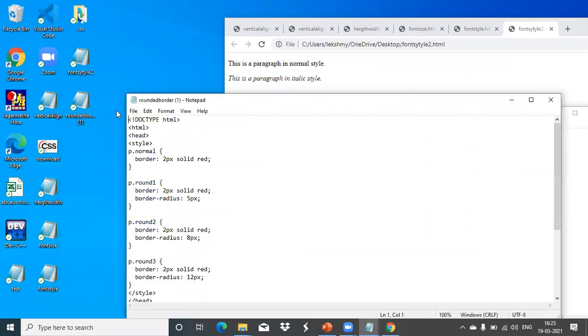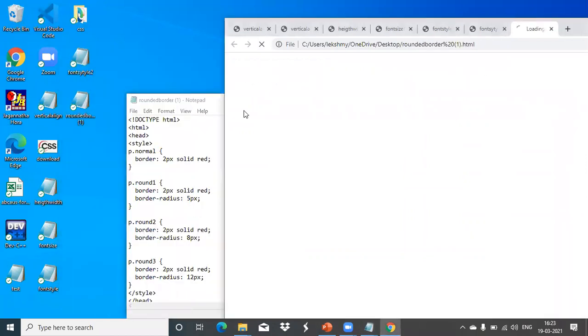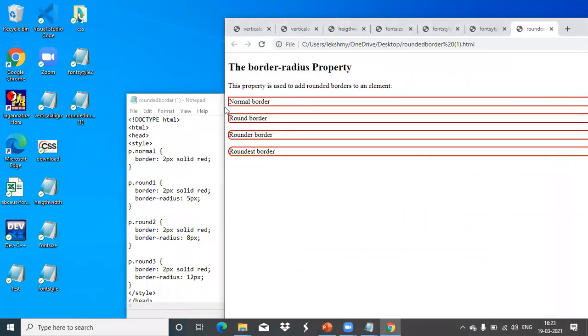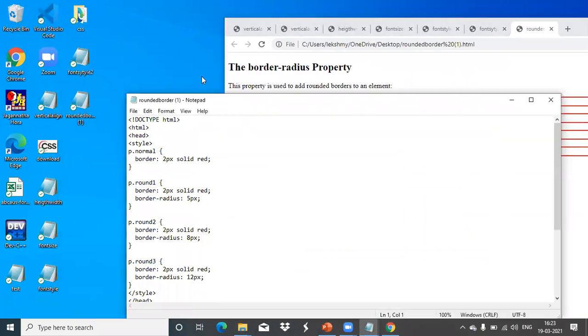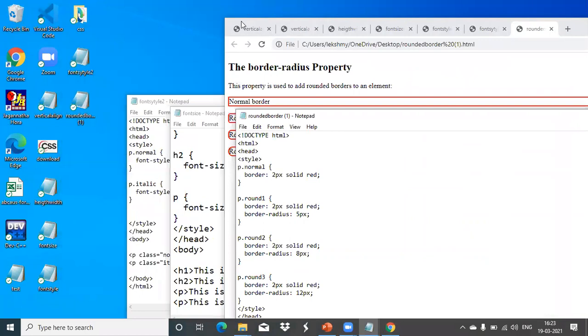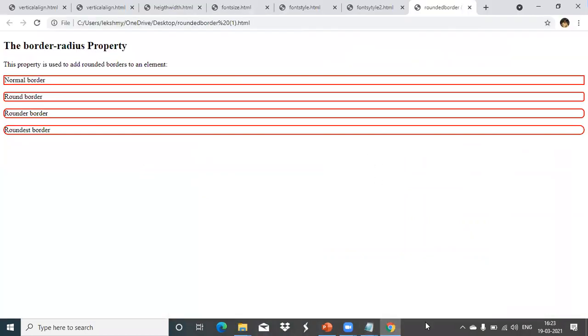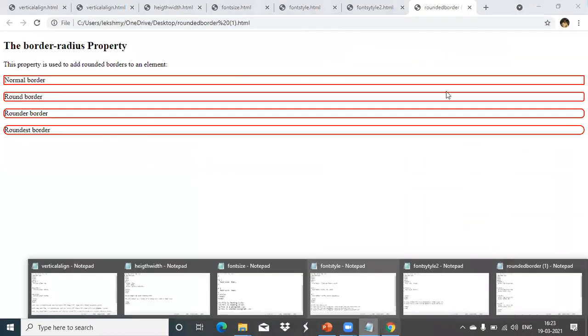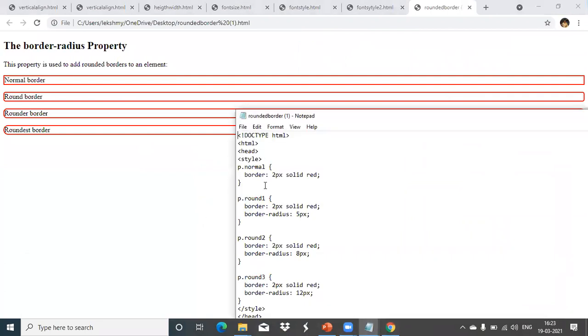You view how it will show in your web page. See, like this. The first one was showing only the normal one. This we have seen yesterday.